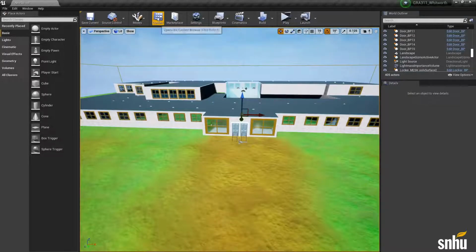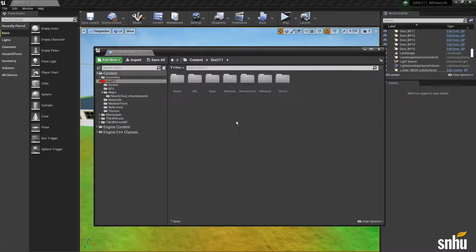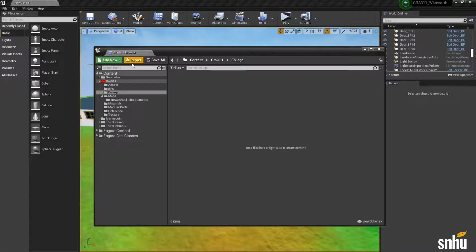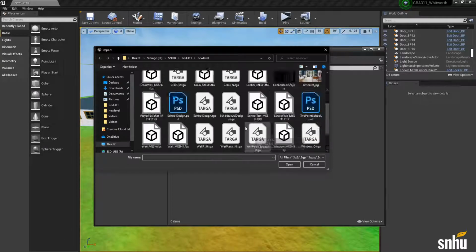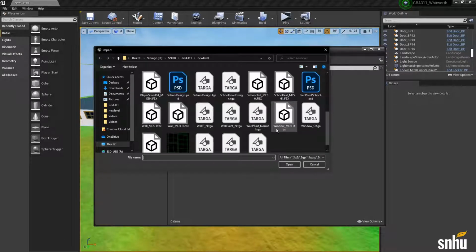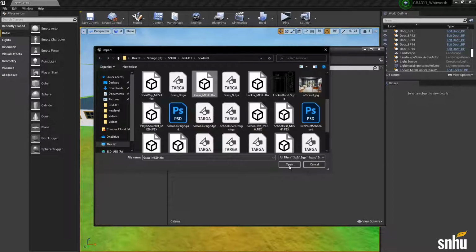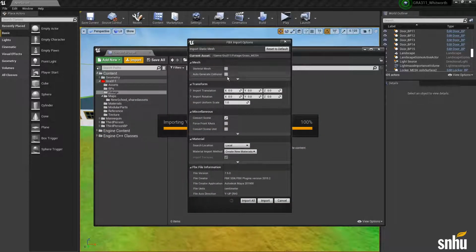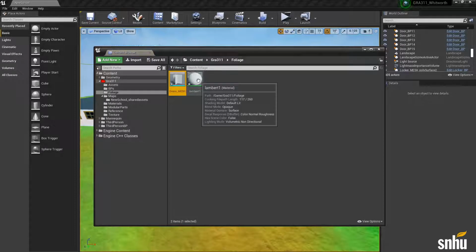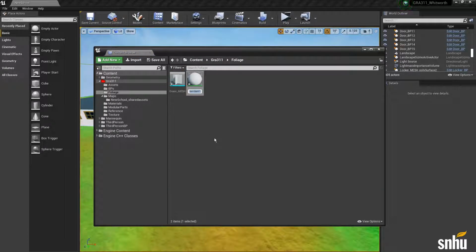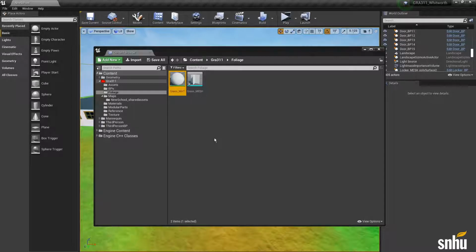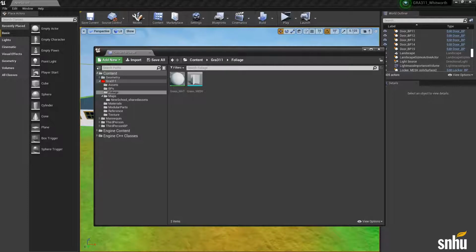So now if we hop into Unreal, go into Content Browser, I'm going to make a new folder. Foliage. Open this up, and let's import our grass. Alright, there we go, grass mesh. Open, and turn off auto-generate collision, and import. Okay, and then let's rename this grass. And we'll save. Alright, so now we need to either find a grass texture or create one. So we'll be right back.